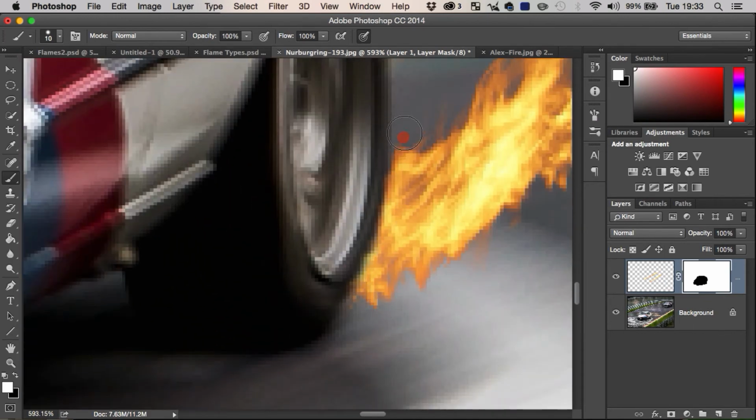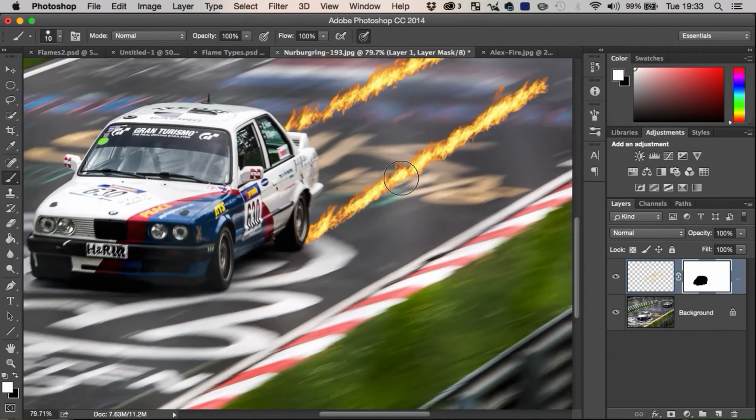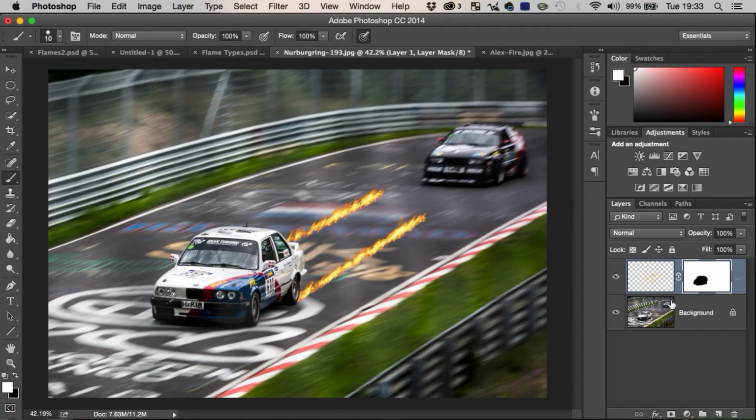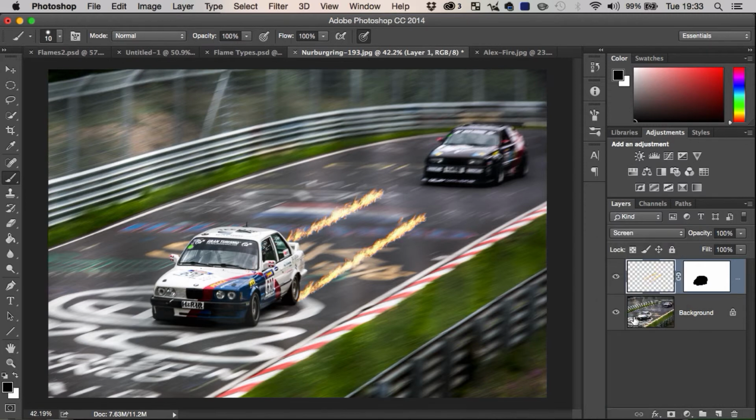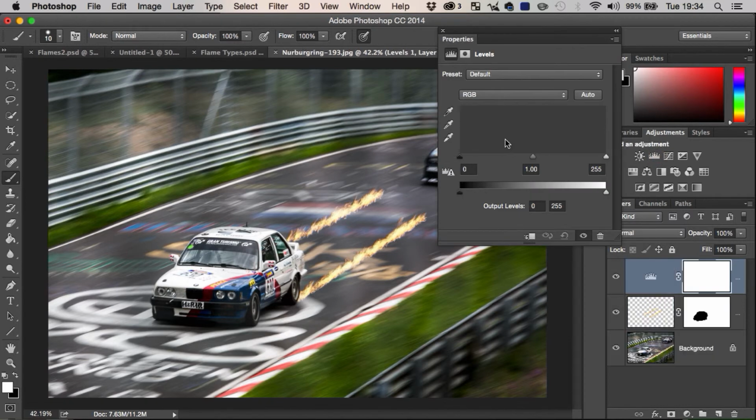And yeah, that's pretty good. Now, I want to come in here and play with the blend mode a bit to make this look a little bit more realistic. So maybe screen is going to be pretty good. And then let's add a levels adjustment. And we're going to hit Command-Alt-G to clip that so it's only affecting our fire. Maybe we'll just play with some of the